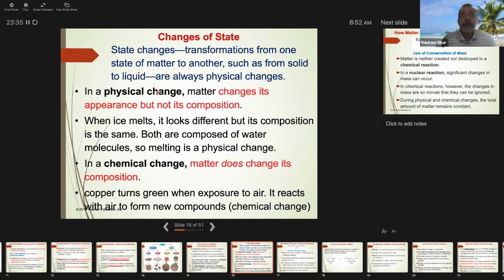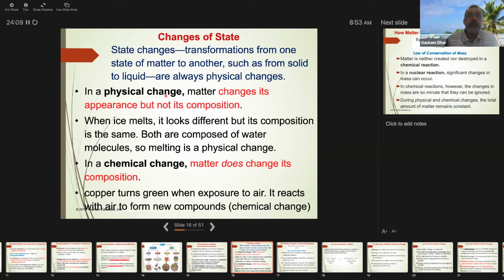Okay, so it depends on the energy content of matter. This state change, change of state, that is going from solid to liquid to gas, this transformation from one state of matter to another, is called a physical change. These are physical changes because the actual composition of matter doesn't change. Water is still water molecules when you are forming ice, and you can get back the liquid water and nothing changes in terms of the composition. So these are all physical changes, the states of matter.